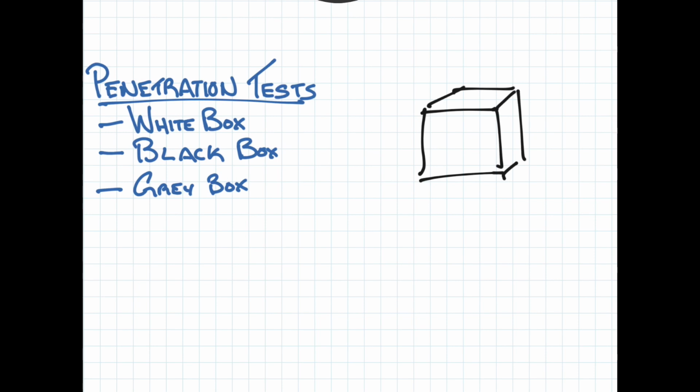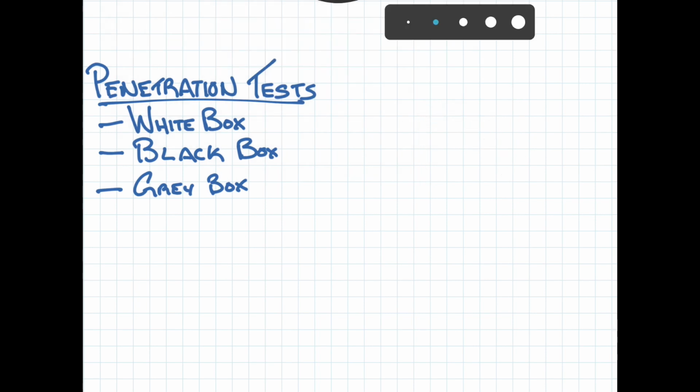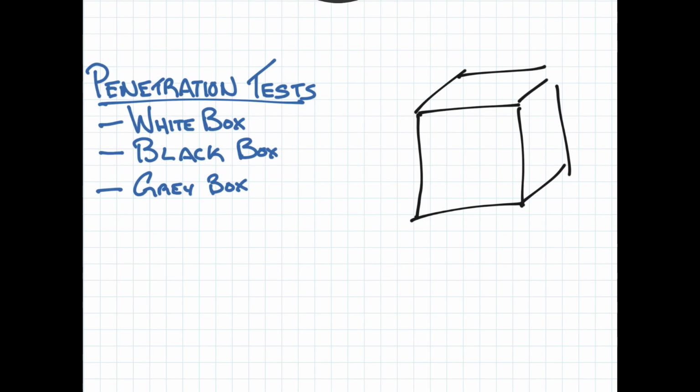When you're doing a white box penetration test, you're going to have complete knowledge of the system. In a white box penetration test, you have complete drawings of systems. In a white box penetration test, you have complete knowledge of the targeted system. Whoever has contracted you to conduct this penetration test has also provided you network diagrams,